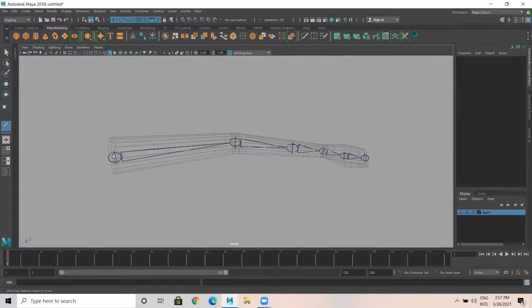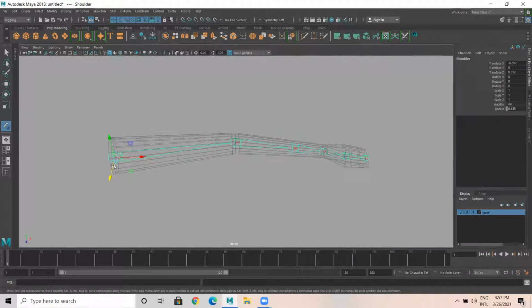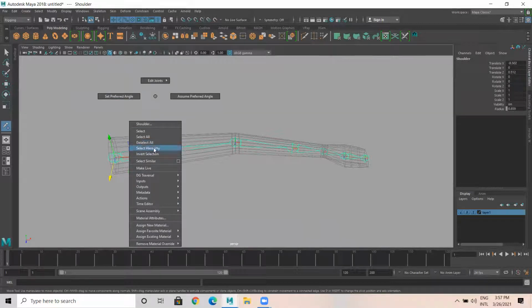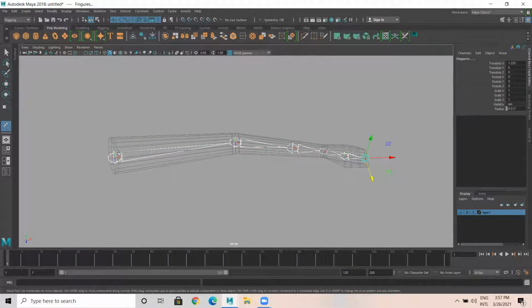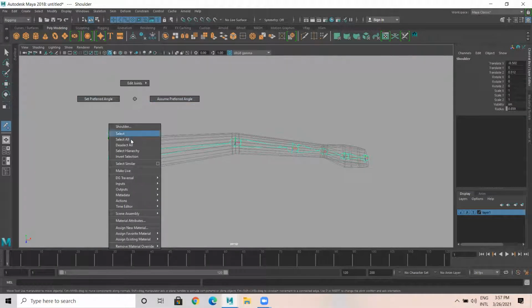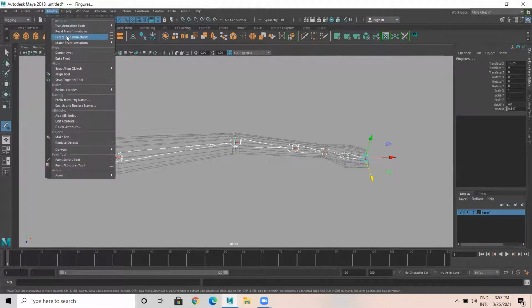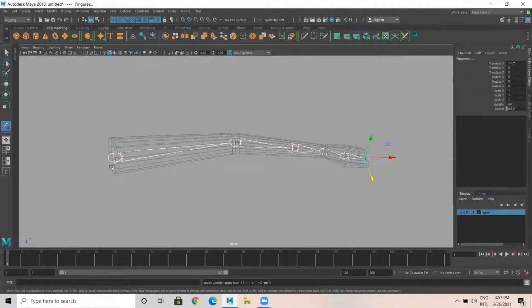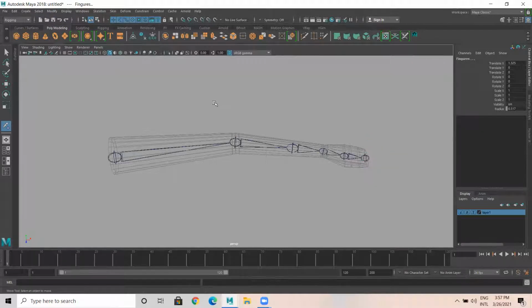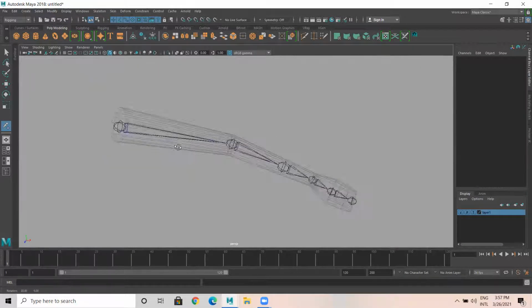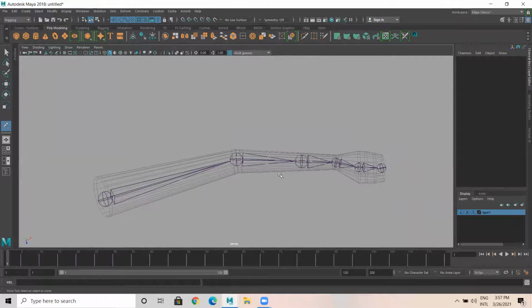After this, select this particular joint, the shoulder joint, right click, Hierarchy, Select Hierarchy. This is also mandatory after creating joints. Then, after selecting the hierarchy, go to Modify, Freeze Transform. This is the next step: you need to freeze the joints' transformation. Okay, got it? Now naming it. Yes, sir.